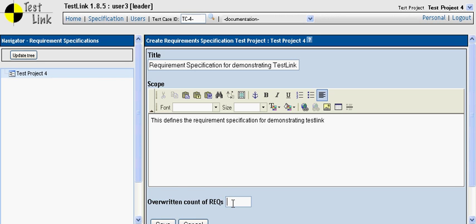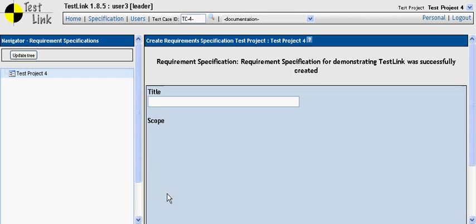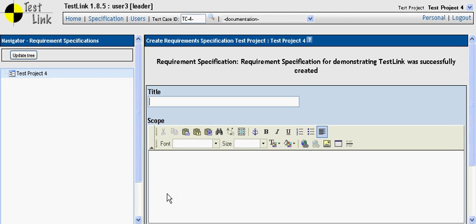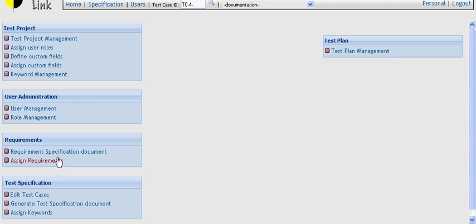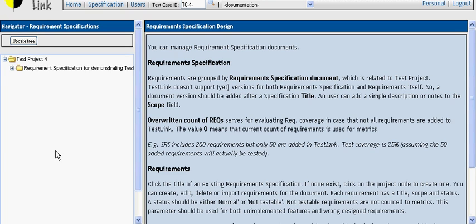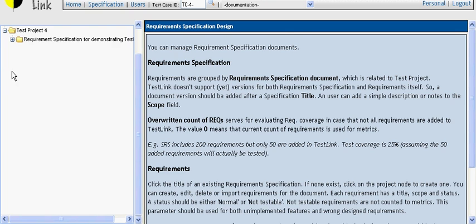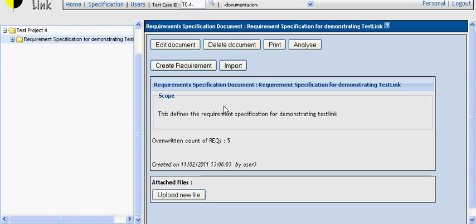So let's keep it at 5 for the moment, and this can change later on. When we save, the requirement specification will be created, and now this needs to be refreshed. The better way to refresh it is to go to home and then click on requirement specification document, and here we can see that this particular requirement specification has been created.